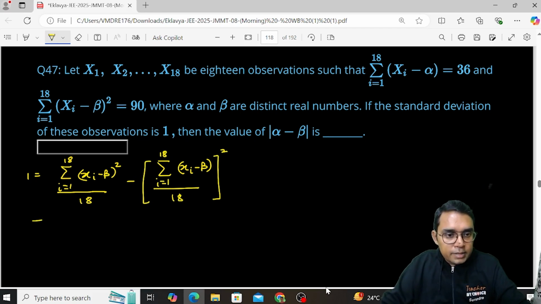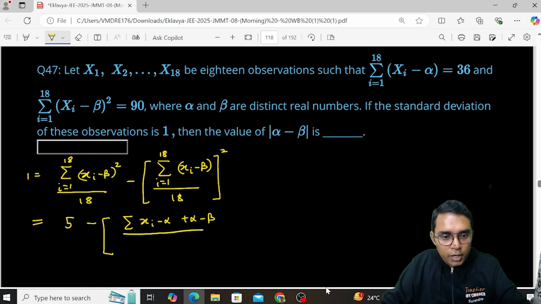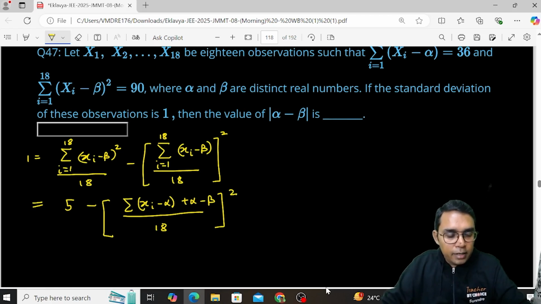Okay, and this thing is given to us as 90, so 90 upon 18 is 5. Okay, and in this bracket I will use some manipulation because we are given xi minus alpha. So in this sigma I will write xi minus alpha plus alpha minus beta upon 18. Okay, now sigma of this thing is given as 36 and if we divide it by 18, we will be